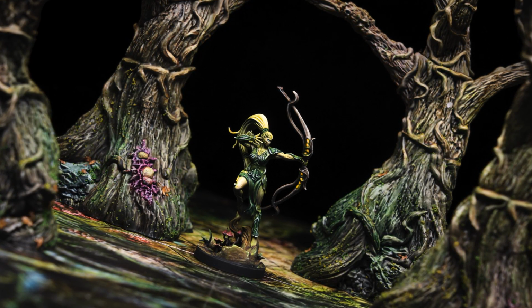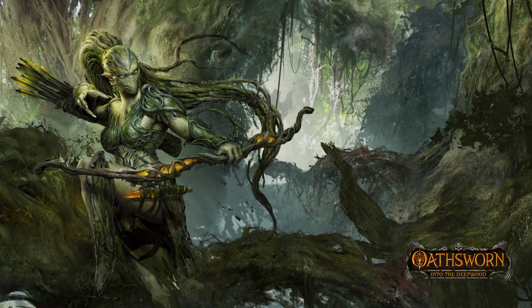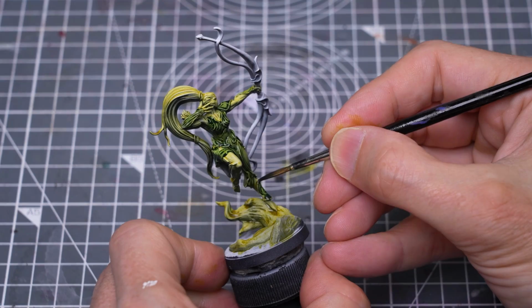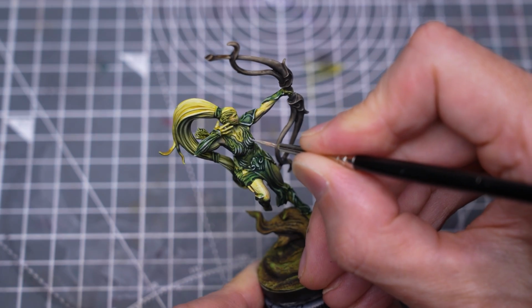In this episode, I'll be painting the Ranger from Oathsworn Into the Deepwood by Shadowborn Games. As usual, I've taken inspiration from the wonderful character art when choosing my colours for the figure, and I'm going to be using some quick and easy methods to get the main colours down, followed with some optional highlights and